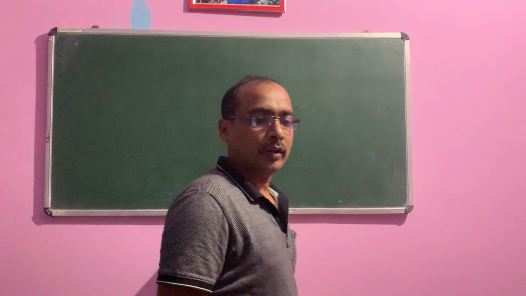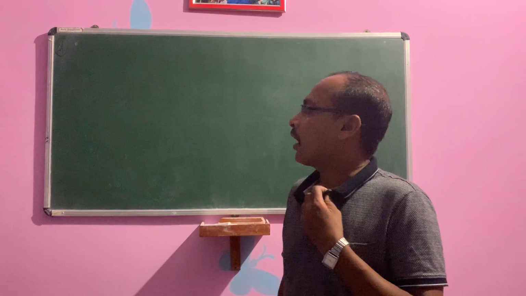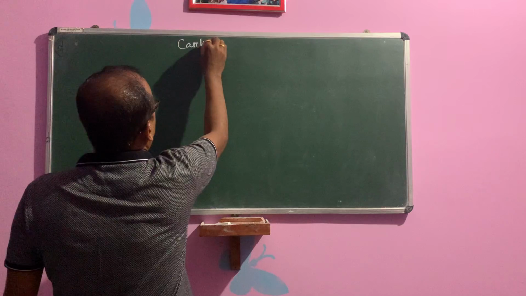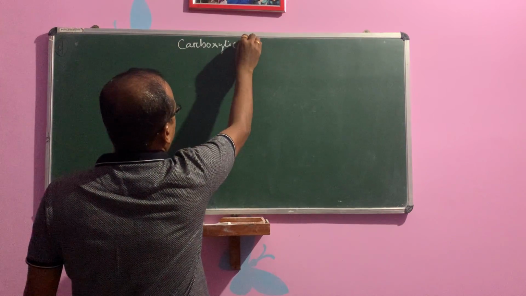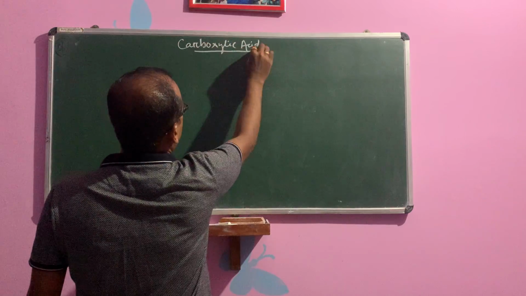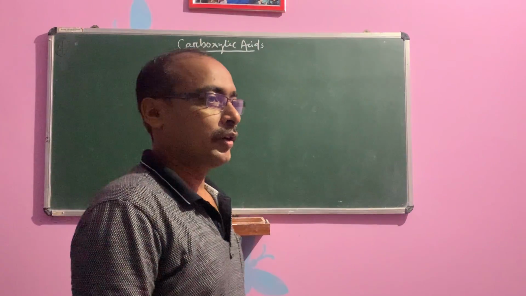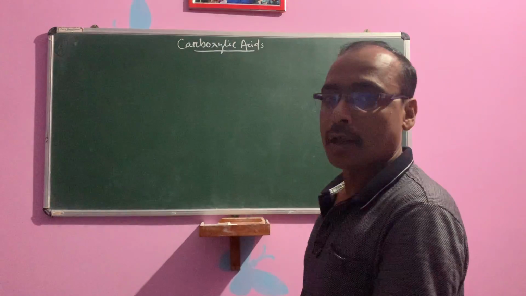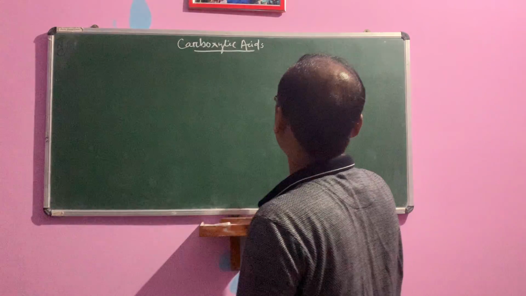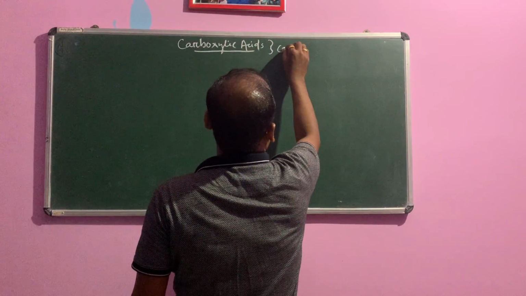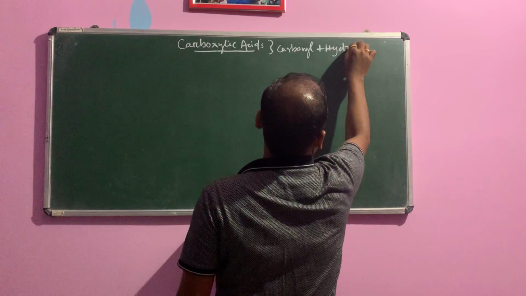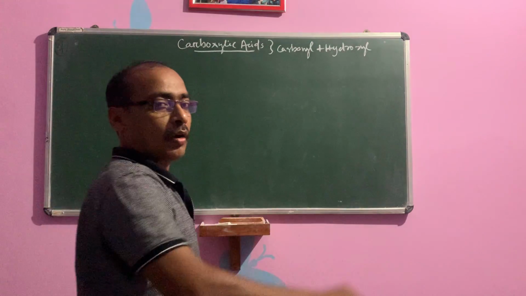Good morning, children. Today we will discuss the last unit of aldehydes, ketones and carboxylic acids. That is your carboxylic acid. So this is the compound in organic chemistry. Only the acid, that is carboxylic acid. Carboxylic acid is a combination of carbonyl compounds and hydroxyl. That is carbonyl plus hydroxyl. So combined we call it carboxyl.